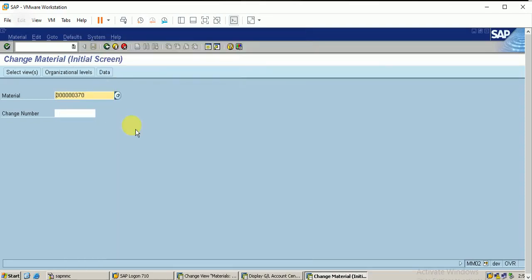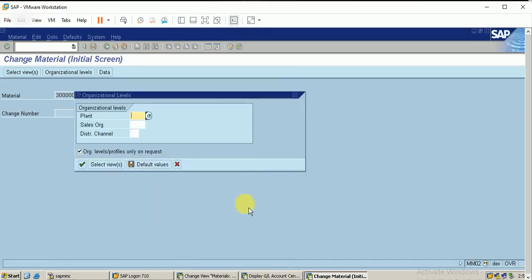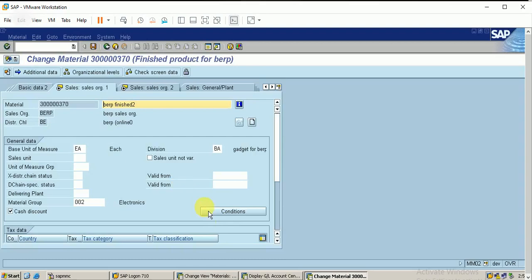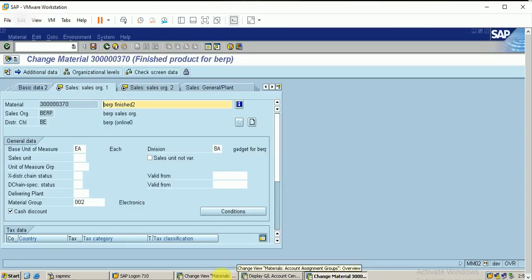Okay, let me show it in this. So it will be visible in sales data. So you can see the field, that is this field account assignment group in the material master.